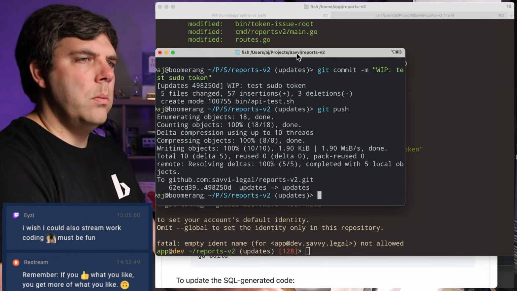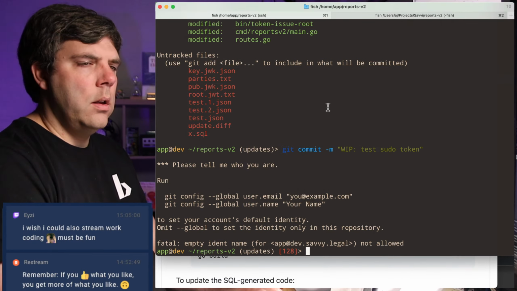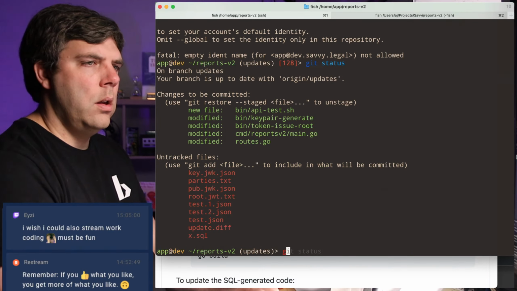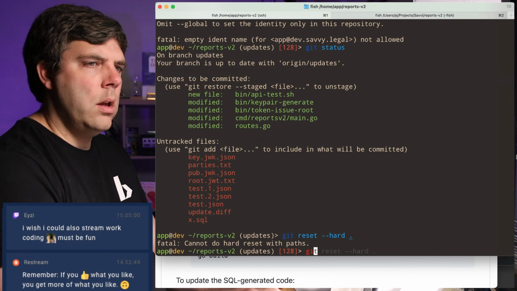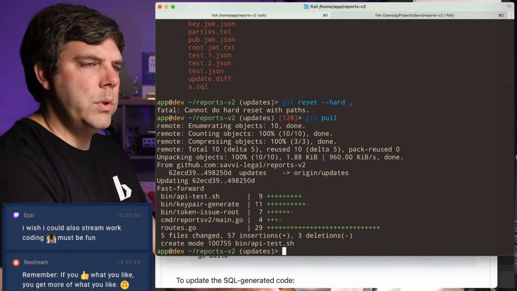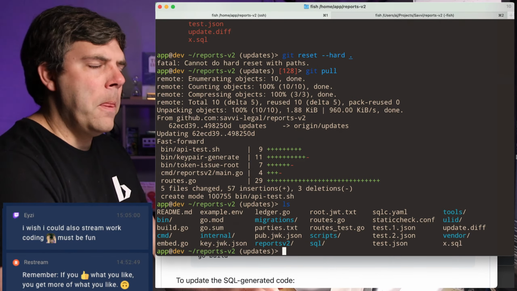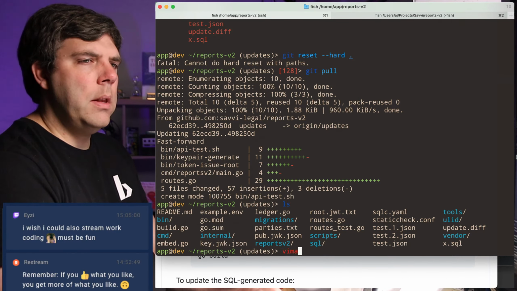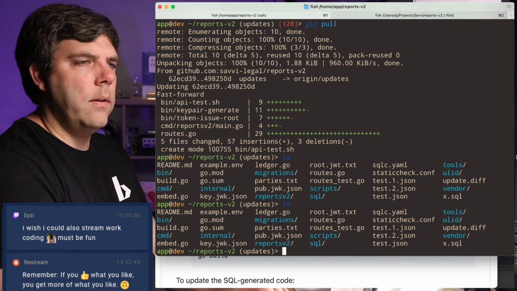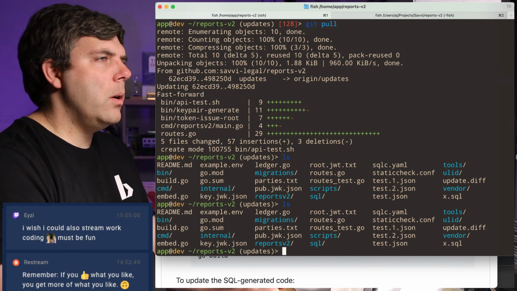Push that. git reset --hard and git pull. So there we go. Now everything's back up to date again. All right, so now that I've got that done, let's see what else needs doing here. Actually, I'm going to go take a look.